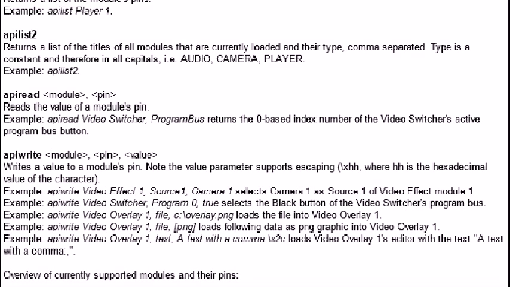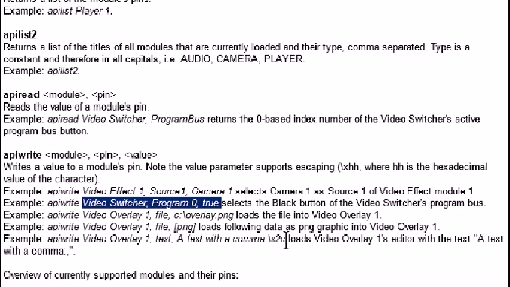And if you haven't ever played with the switcher, it's a lot of fun, but you kind of need to know how the switcher works in order for the API to make sense. So, for example, if we wanted to, we're going to go back and highlight this little section right here. If we wanted to tell it to turn on camera number 1, we would say video switcher, comma, program, space, 1, comma, space, true.